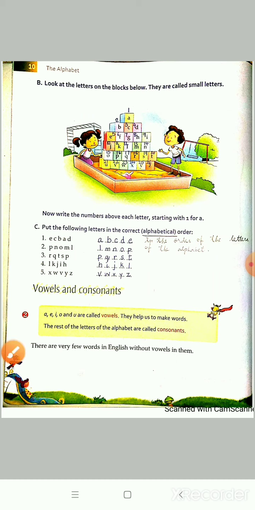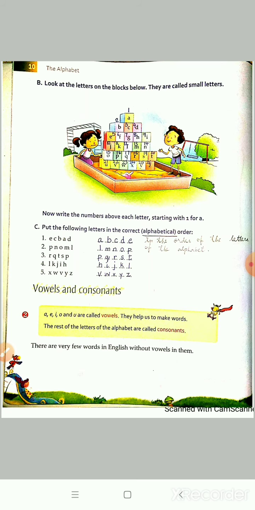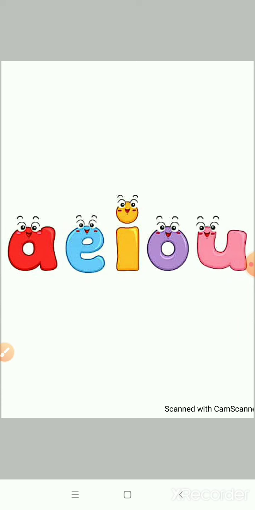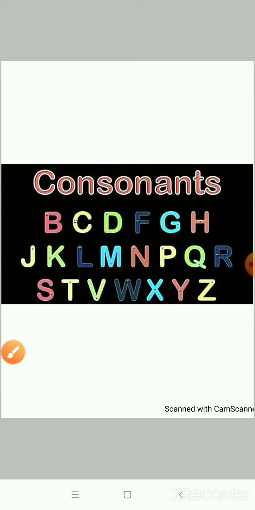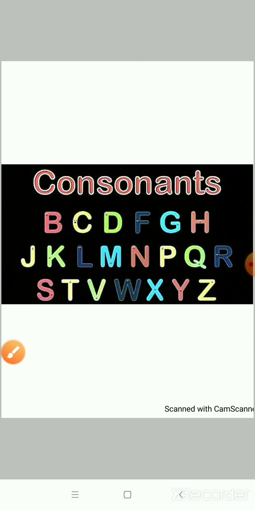So students, here we come to the end of this topic, vowels and consonants. In the next video, when I come back, we will start the exercise on page number 11, question number D. So in the next video, students, please be ready with your grammar books. Once again, I repeat, we have got 5 vowels and we have got 21 consonants. Students, please remember, in the next video again I'm going to ask you what are vowels and what are consonants.